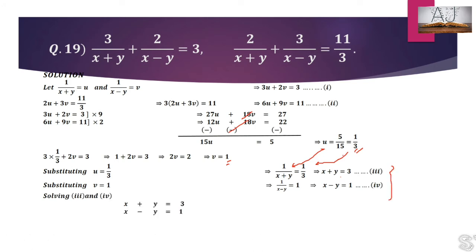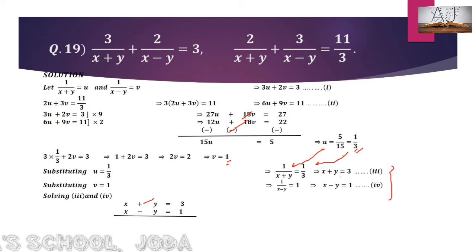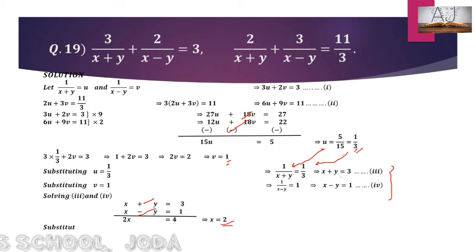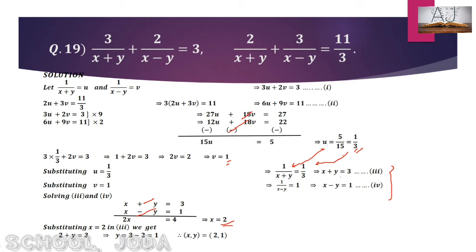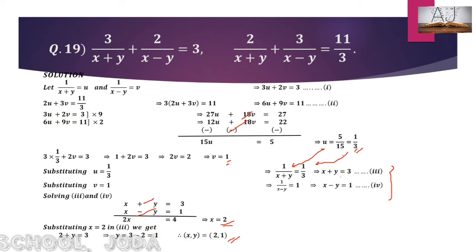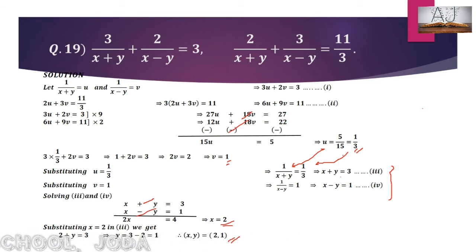Now these are the two equations which you need to simplify in the same way by the elimination method. Plus y and minus y will get cancelled. x plus x is 2x. 2x is equal to 4. So x is equal to 2. So the value of x has come 2. Now we'll substitute and get the value of y as well in the same way. So this is our solution: x, y is equal to 2 and 1. So this is how we got the solution. Hope you have understood this.